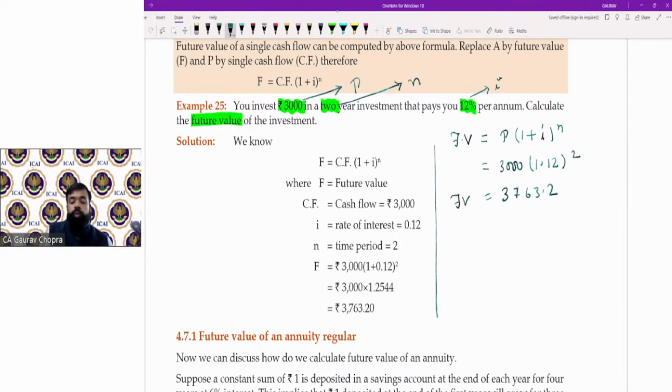This is the future value. So in short, it is future value is nothing but the amount. तो जो अमाउंट हम कैलकुलेट करते हैं इन कंपाउंड इंटरेस्ट, दैट इज ओनली द फ्यूचर वैल्यू. उसी को हमने फ्यूचर वैल्यू कहा।